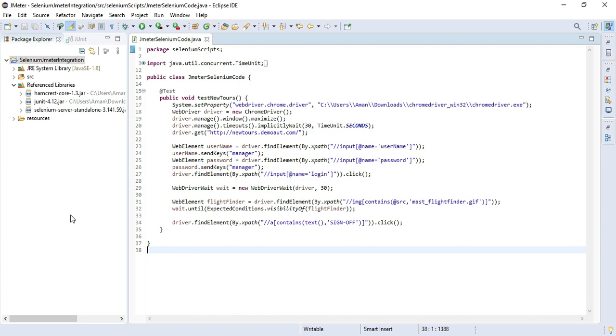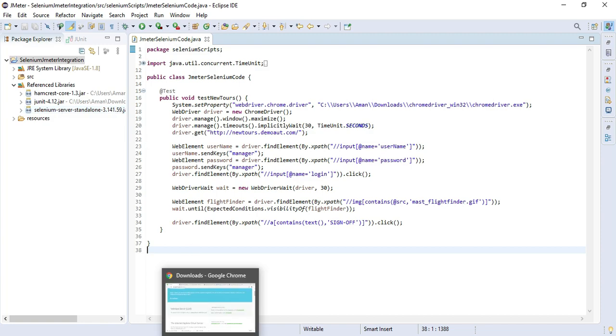When you add any dependency in your Maven project, the other dependent dependencies will also get downloaded because of Maven. But here I did not want to do that. That's why I have created a Java project and added those jar files manually.